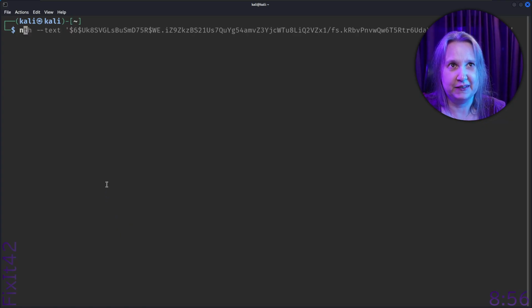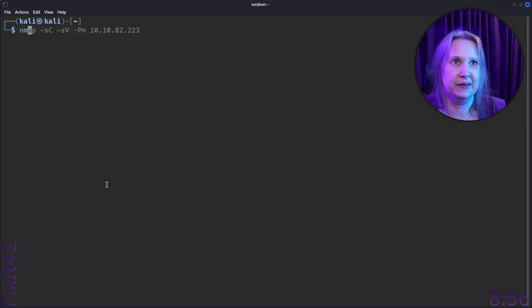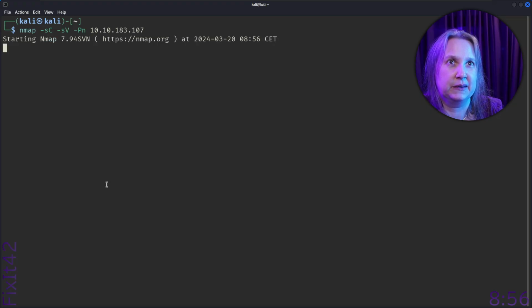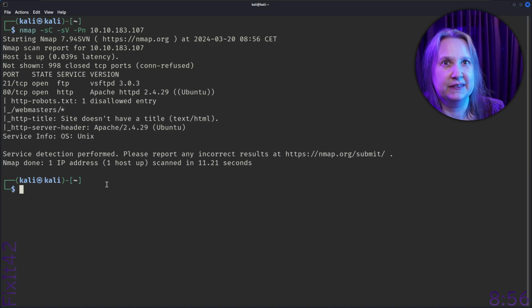If I start typing nmap here, we'll get up what I used last time, and then we can paste this IP that we got, and we'll see what we get. And it should have started. I was messing around a lot, so we should have it started here. So we have ports 21 and 80, and that's 2. Nothing else, and also this is just from the first 1,000 ports.